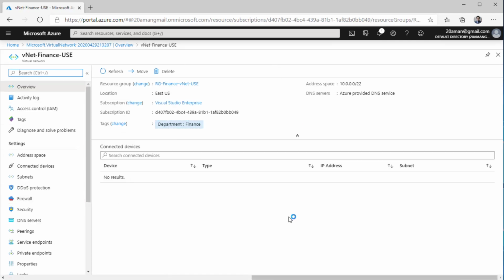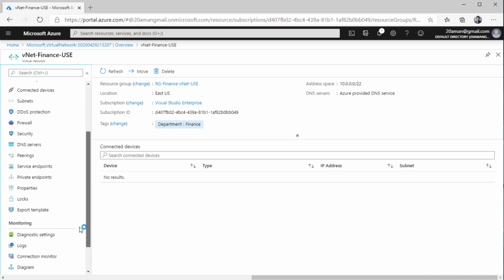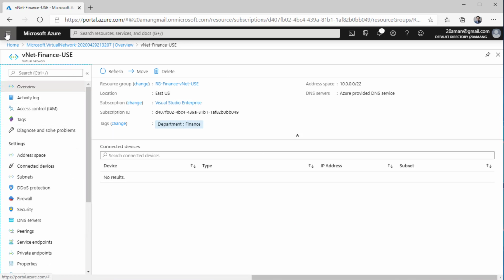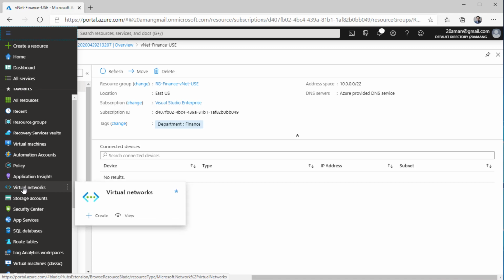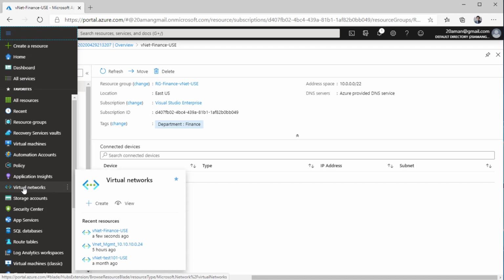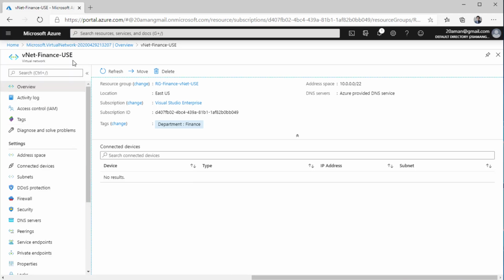So here, this is how the virtual network looks like. You can even navigate to this virtual network by going to all services and searching for virtual networks. It will be something like this. And then once you are under virtual networks, you will be able to see all virtual networks within your environment. And then you can select the one that we have created just now, and then you can start working with this. I'll only discuss 2 more things in this particular video. We will be discussing how to work with virtual networks, what are the different nitty-gritties with this particular resource, in depth in the upcoming video.